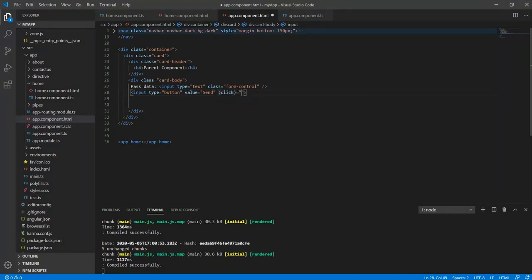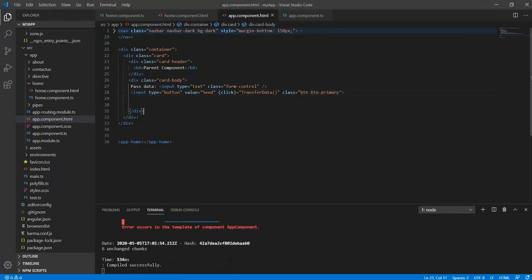Then we'll give a function name here, transfer data. Okay, cool. And now we'll add a bootstrap class, btn btn-primary. Okay, done.